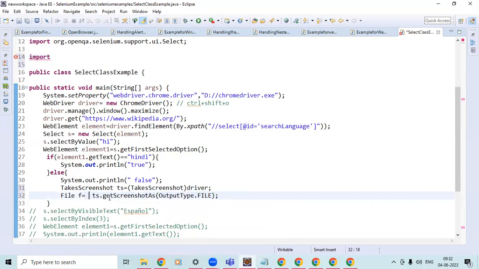Let me remove this option. So once we imported this thing,